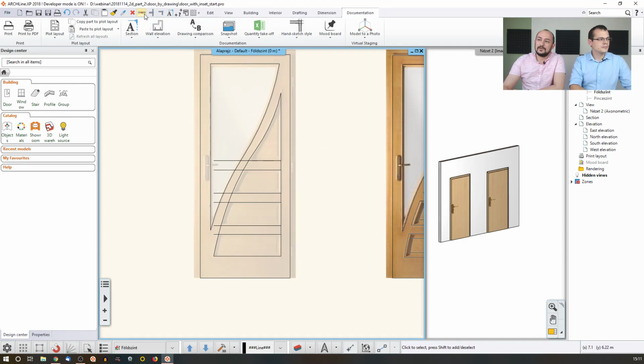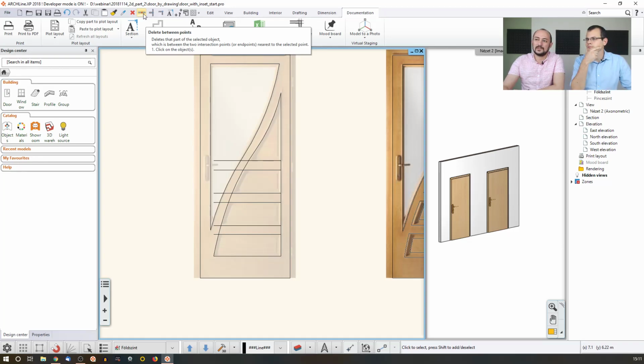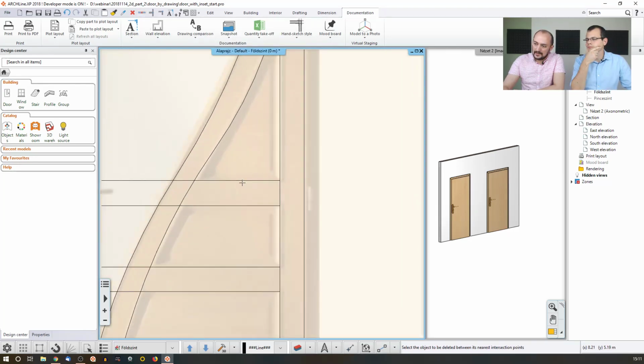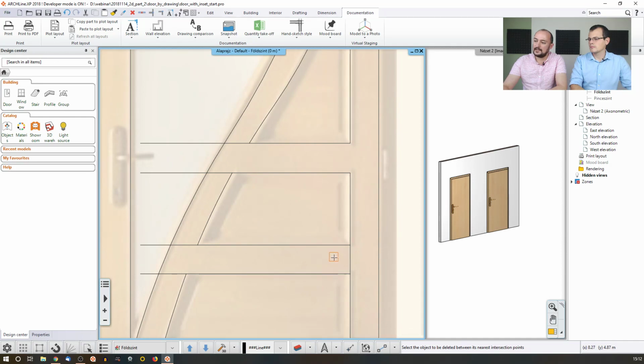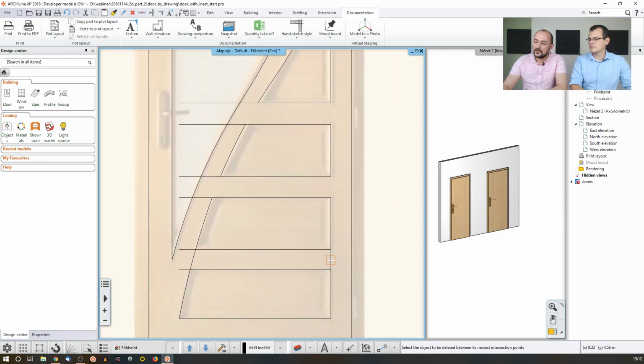Then I use this tool. This is called the between points. Actually, it's intersection points. If I click here and I click there, see, on this line there is one breakpoint and another breakpoint. There is interconnecting other items. So this is where the software can recognize to remove this part from here and this part from here and this and this. So you can actually go around and clear it up, and then just either break this apart